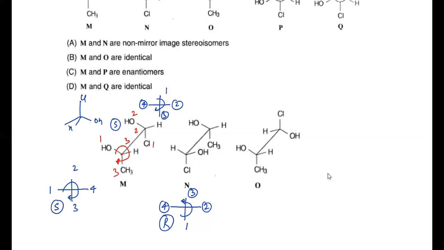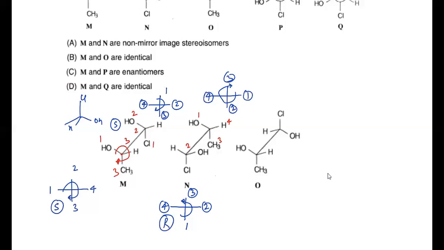In the above case, if you rotate and set it again, mark the positions again. Here OH is position 1, this carbon is position 2, CH3 is 3, H is 4. If we rotate this position as well, CH3 position number 3 comes to the top. So when we rotate it, OH will be on the right side, this is 1, this is 4, this is position number 2. Again see, moving from 1 to 2 towards 3, the sense of rotation is clockwise, so we must write this configuration as R, but as the position is horizontal, we write this configuration as S.